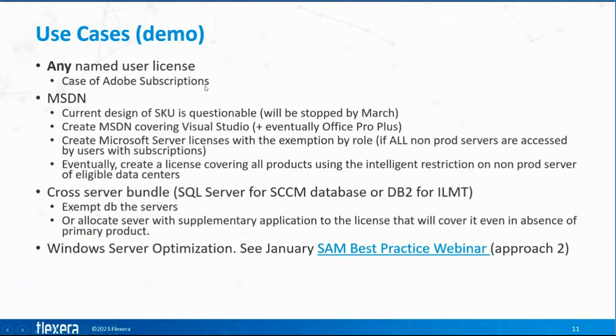So what I recommend for MSDN, of course, the allocation of the user to the license is necessary, but then you can create MSDN covering just Visual Studio Pro, Office Pro Plus eventually, and the other licenses, SQL Server, Windows Server, will have an exemption by role. This is the use of the exemption. You can define an exemption by role, and